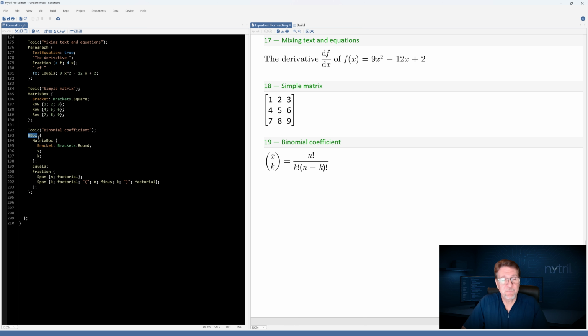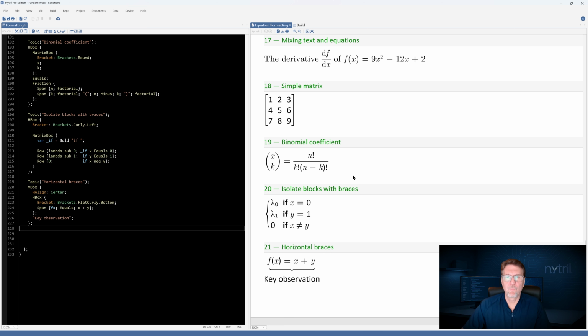You're going to find that H boxes, and in some cases V boxes, are used commonly to put together equations. So in this case, this H box has three elements: a matrix box, an equal sign, and a fraction. And the H box lays those out horizontally, as you can see right here.